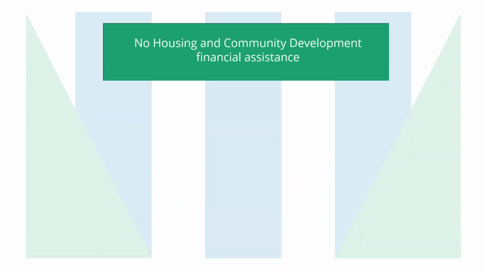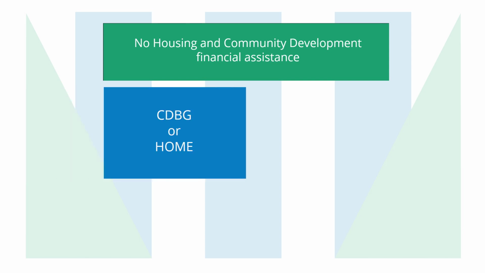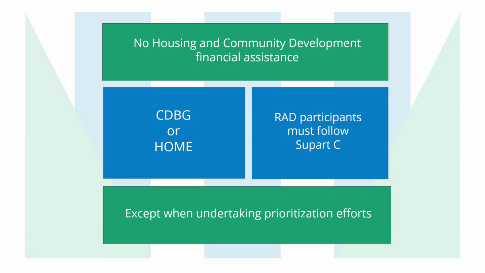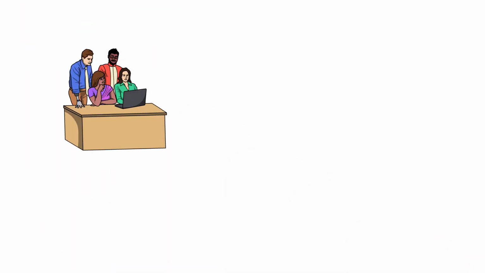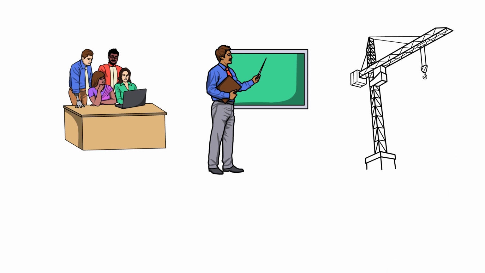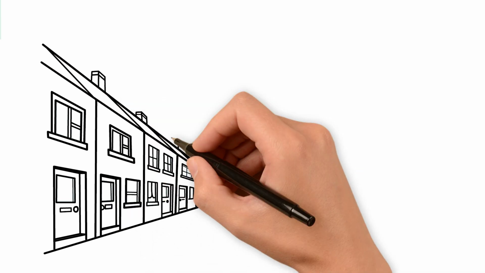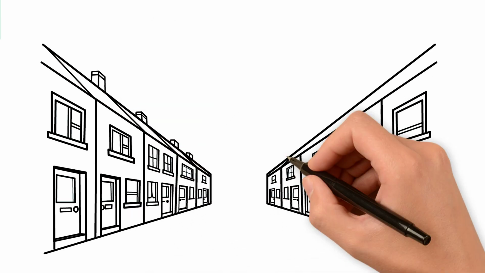There is one exception. In the case that there is no Housing and Community Development Financial Assistance, for example CDBG and HOME, included in this phase of the project, then RAD participants must follow Subpart C for all requirements, except when undertaking prioritization efforts. For this instance, recipients shall direct employment, training, and contracting opportunities arising as part of the conversion to residents of public housing or Section 8 assisted housing, rather than residents living in the service area or